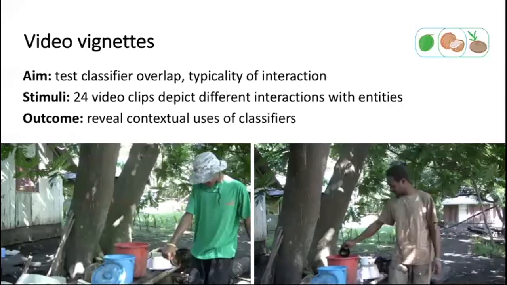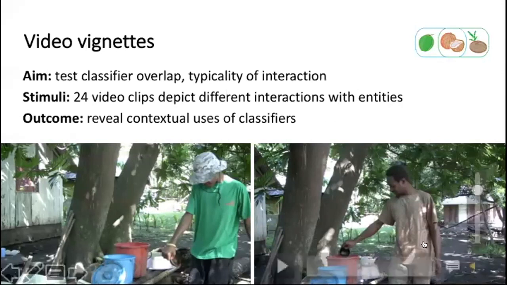Now, our second experiment is the video vignettes, and these are 24 different video clips which are created to test whether a noun can overlap with different classifiers dependent on different interactional contexts, which we'd expect in a typical classifier system, or if a noun can only occur with one classifier regardless of interactional context. The vignettes investigated just 3 main semantic categories: general, drinkable, and edible, which are reflected by the sample languages in different classifier categories.